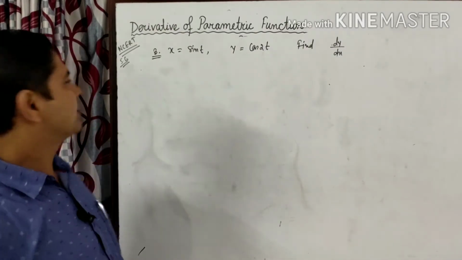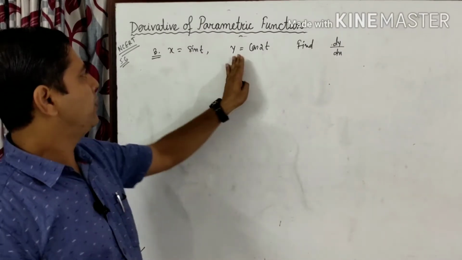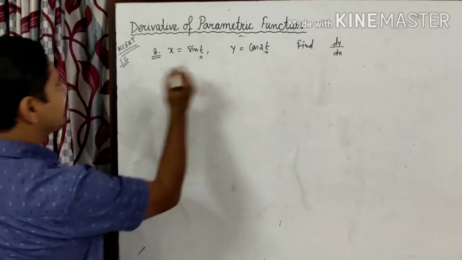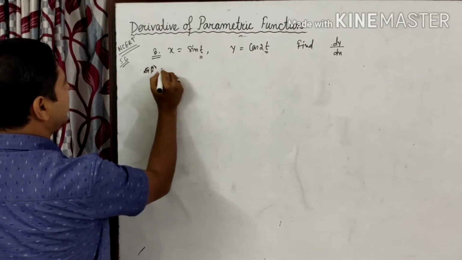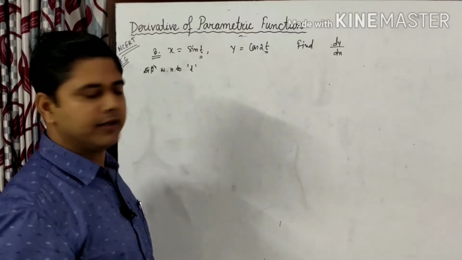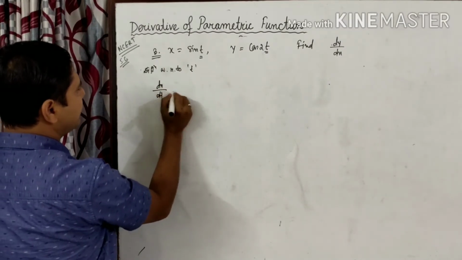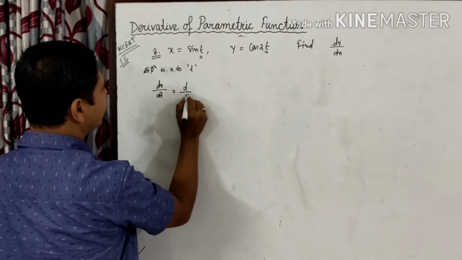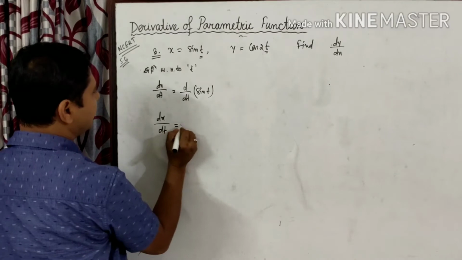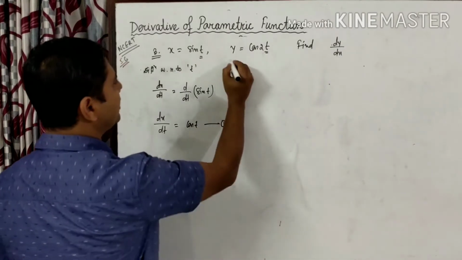Here we consider another question from NCERT exercise 5.6, question number 3: x equal to sin t, y equal to cos of twice t. Here what parameter has been taken? t. Therefore you have to differentiate with respect to t. Definitely t. Before, what was the parameter? theta. Therefore you had to differentiate with respect to theta. Now if we do this, how much will dx by dt be? sin t differentiated, d dt of sin of t, definitely cos of t. This is the first result. Similarly, if you differentiate this part,